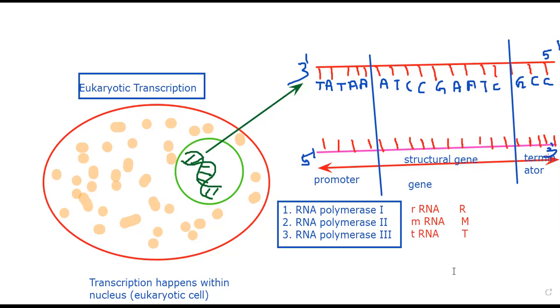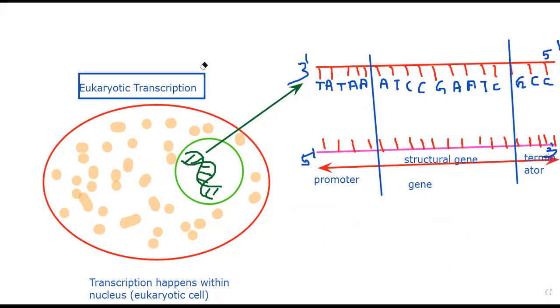So when your cell is going to make rRNA, then RNA polymerase 1 enzyme will come into the picture. If it is going to make mRNA, accordingly RNA polymerase 2 enzyme will come into the picture, and for the tRNA, RNA polymerase 3 will come into the picture. Okay, now let's take, like, I'm going to make the rRNA first. So this time I'm going to take RNA polymerase 1. So this enzyme came, RNA polymerase 1. I'm writing it this way, okay? RNA polymerase 1.